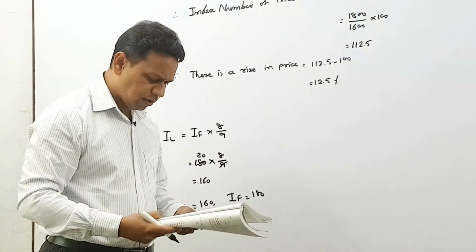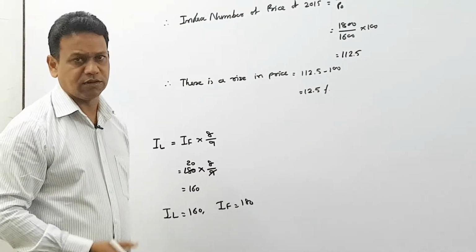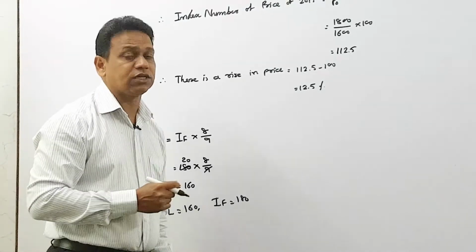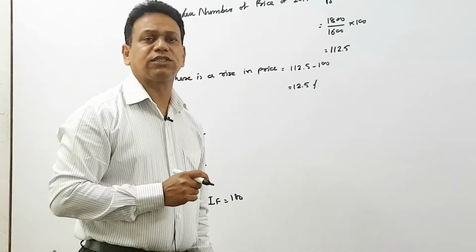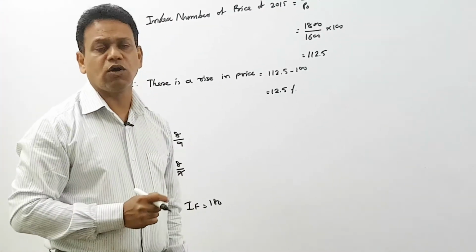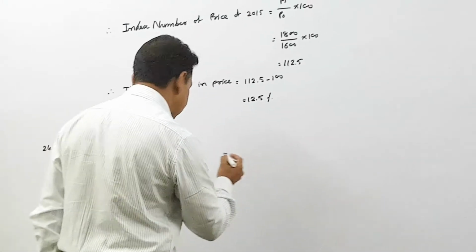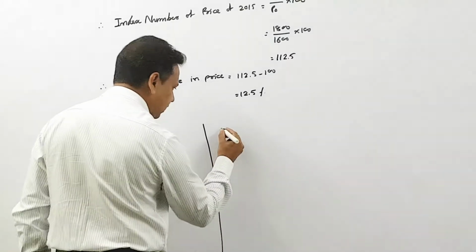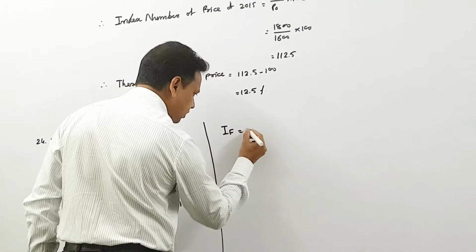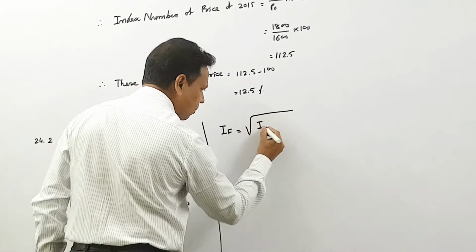Now what they are asking: find the Paasche's index number. My dear friends, as we discussed in theory, Fisher's index number is the geometric mean of the Laspeyres index number and the Paasche's index number. So we have a very simple formula, and that is IF is equal to root of